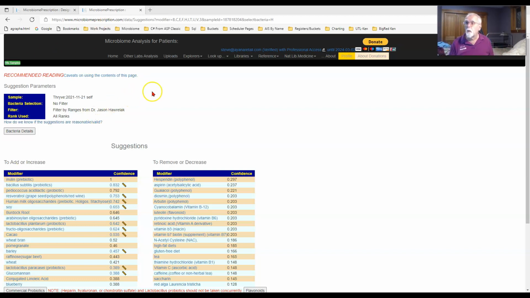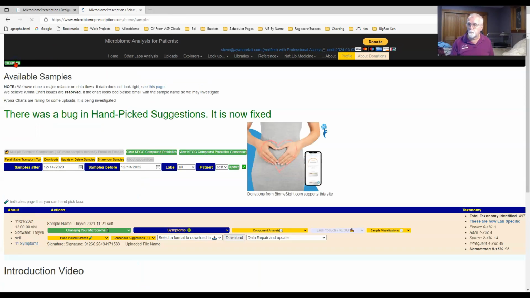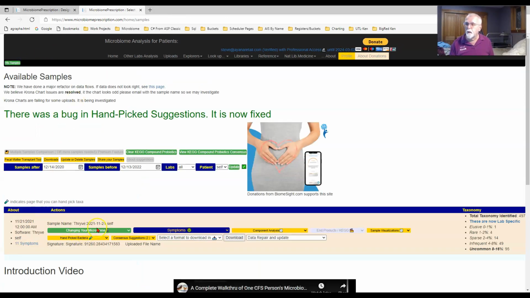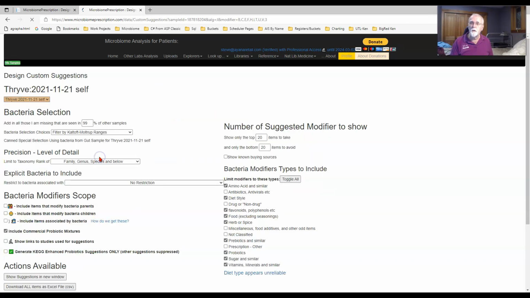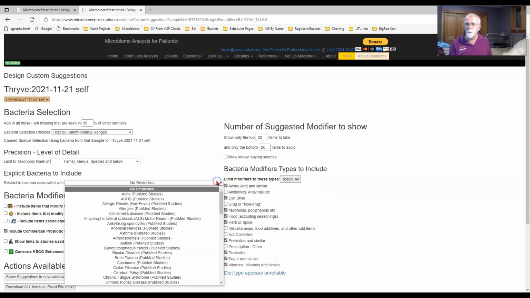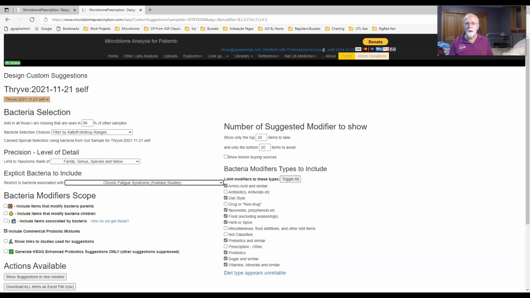Okay, now we can go back there, and the third one I'm going to go over to. It's the same one I have done. I won't go to chronic fatigue syndrome because that uses the cutoff Motrep ranges. Instead, I'm going to go to advanced there and go down to chronic fatigue syndrome. And I'll tell you, I've already gone through this exercise, so I'm just going to go and drop over, and we're going to take a look at 6%.